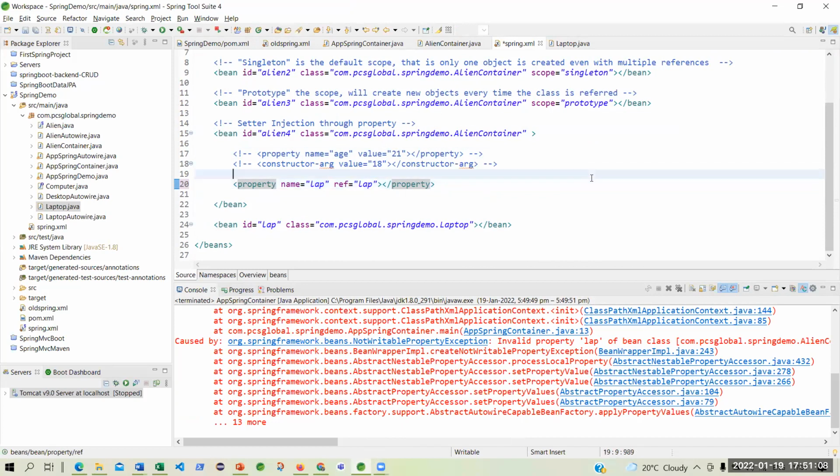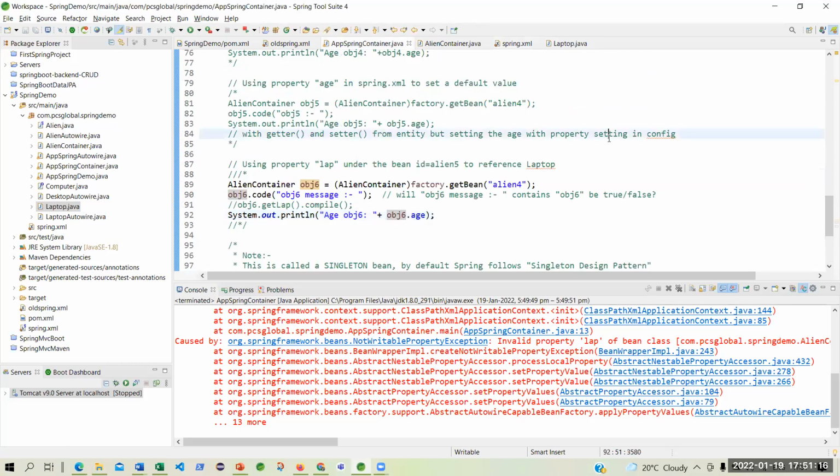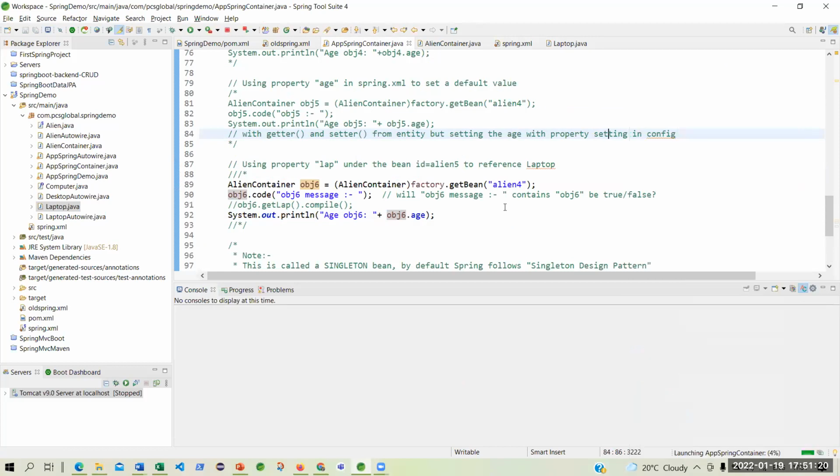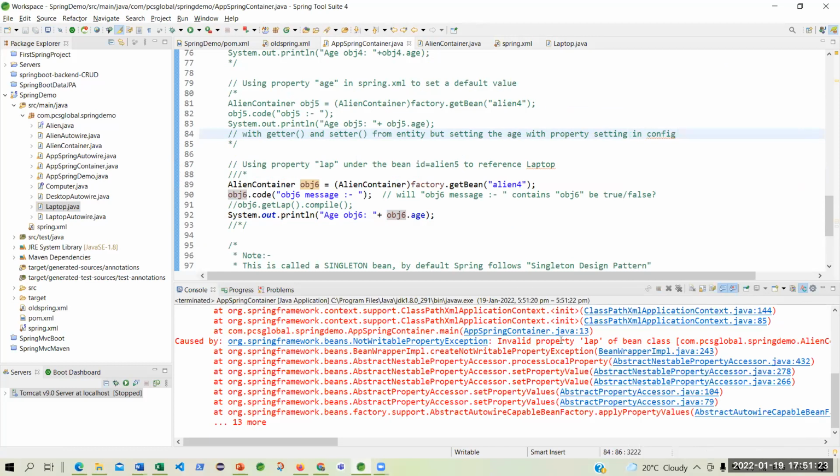Is that clear? Now I can refer to a laptop object. I go here. I say run. Now it is getting a writable object.